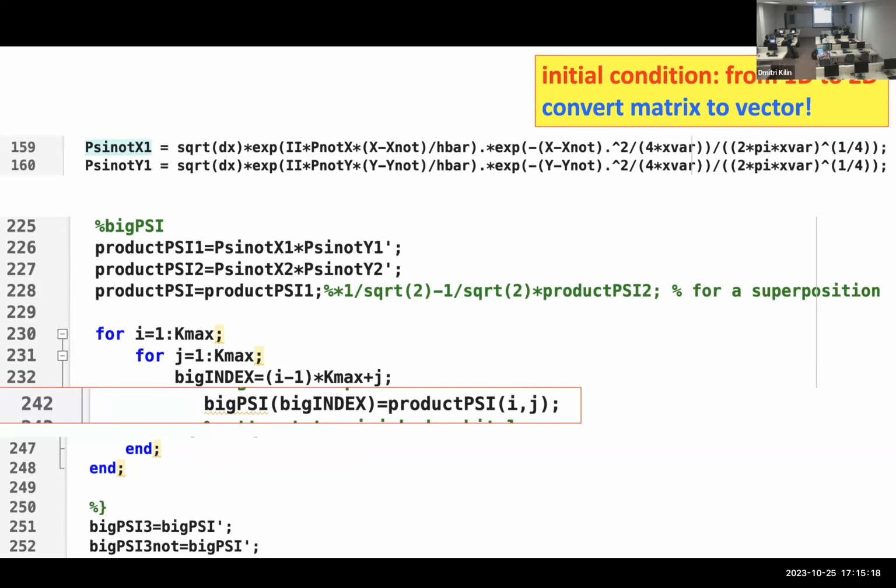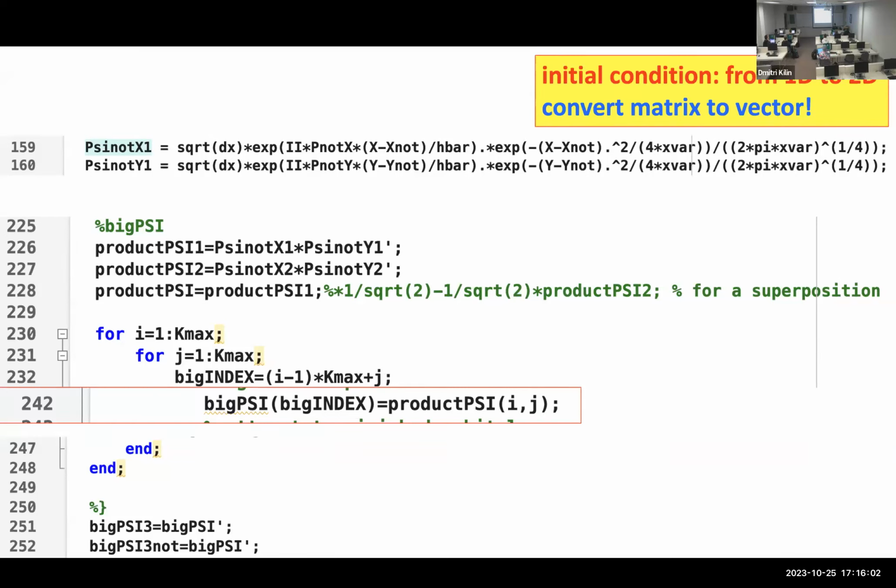Like if I have a fiction with several volumes, I count pages, but then I take the next volume and start counting pages over again. So this big psi, which is the two-dimensional wave function, depends only on one index. So we convert a mid-size square matrix into a very large vector. If anyone decides to do it in three dimensions, then this conversion will be a little longer. It's also possible, but let's not waste time right now.